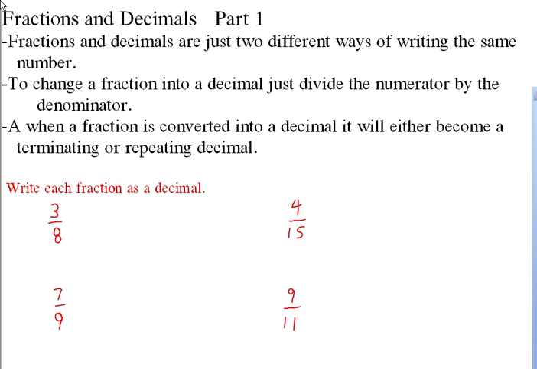Fractions and decimals, part 1. Fractions and decimals are just two different ways of writing the same number. Now, to change a fraction into a decimal, just divide the numerator, the top number, by the denominator, the bottom number. And sometimes when a fraction is converted into a decimal, it will become either a terminating or a repeating